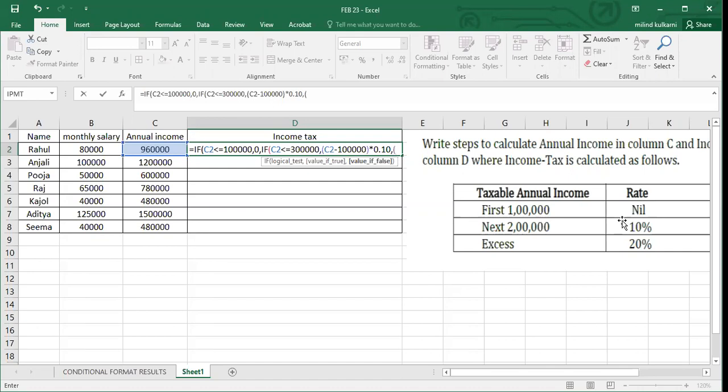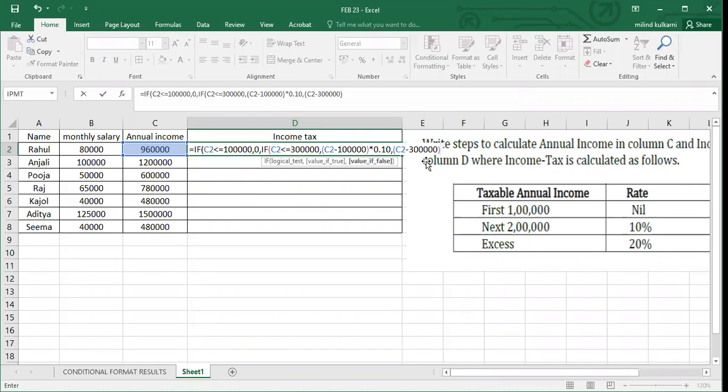For the excess, again type C2. C2 minus 3 lakh, bracket complete, into what?